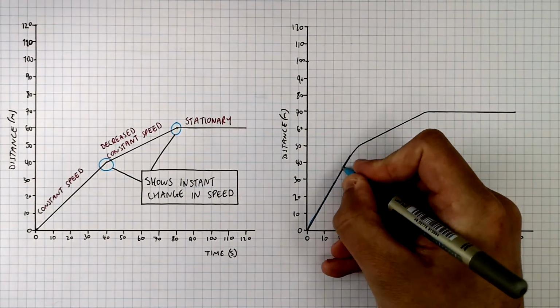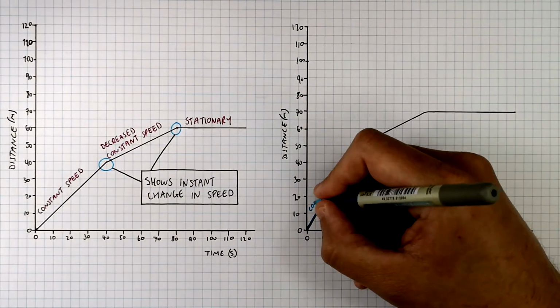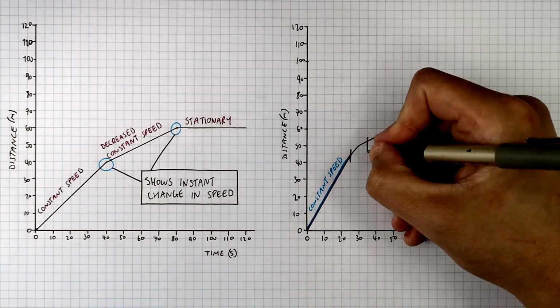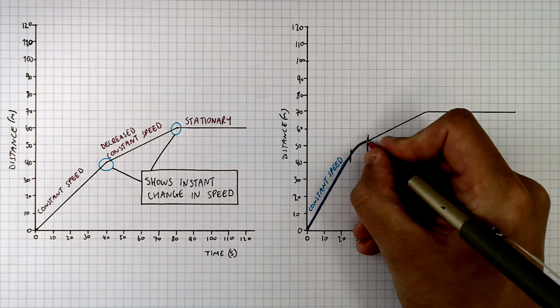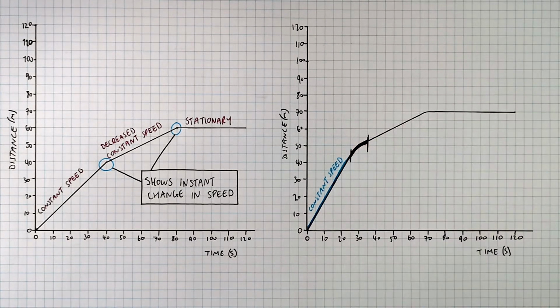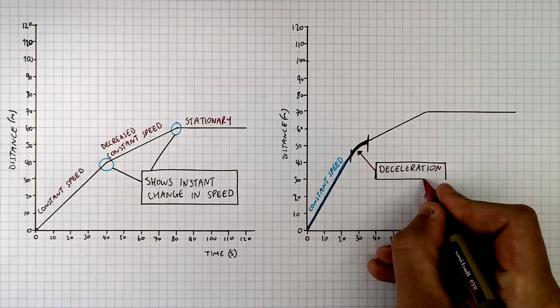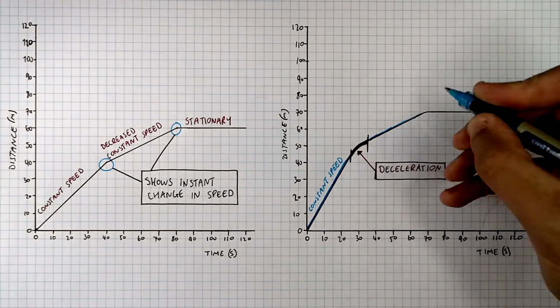This part of the graph shows a constant speed. However, this bit here, there is a curvature to it. So there is a curved part of the graph now. This curve shows a deceleration. It shows a slowing down in speed. And then the object continues at a constant speed,